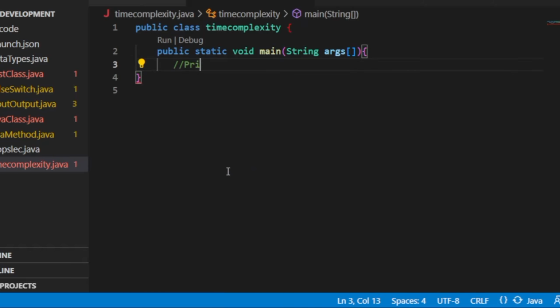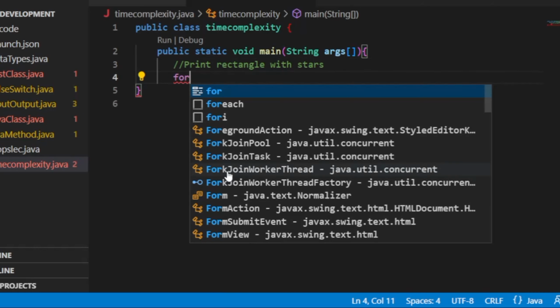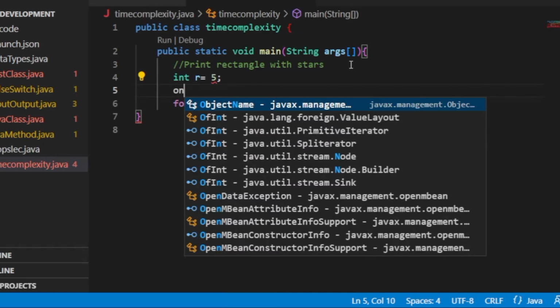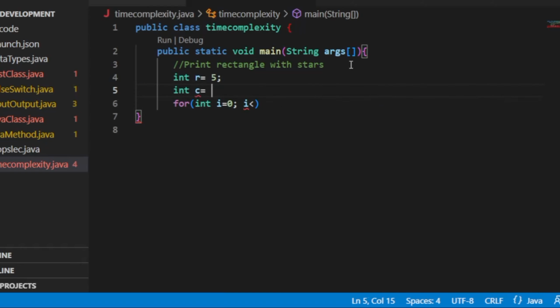Let's say we have been given a question to print a rectangular shape with stars, right? To solve that problem, we can use a for loop, for int i equals 0, i less than the number of rows and the number of columns. Let's put int rows equals 5, int columns equals 7, and first our number of rows is r,